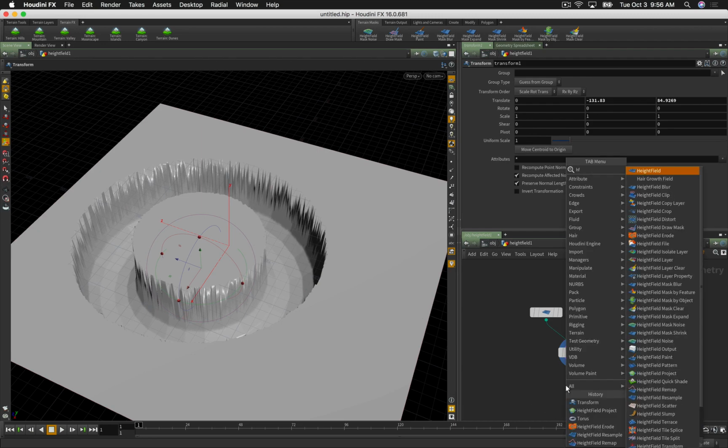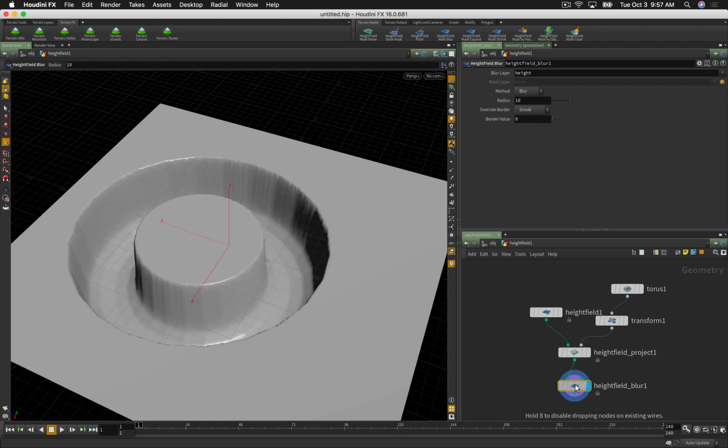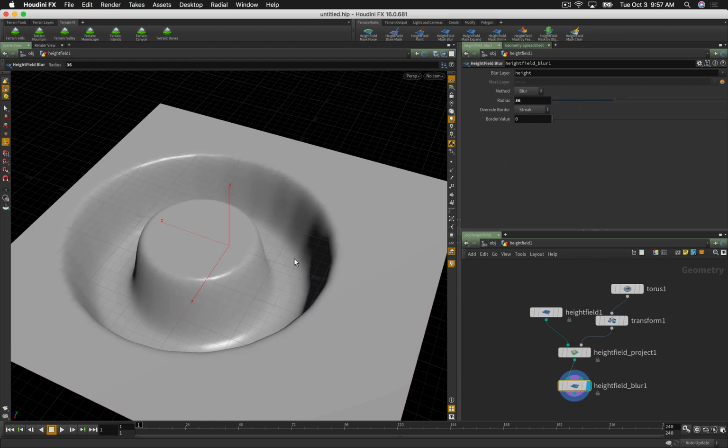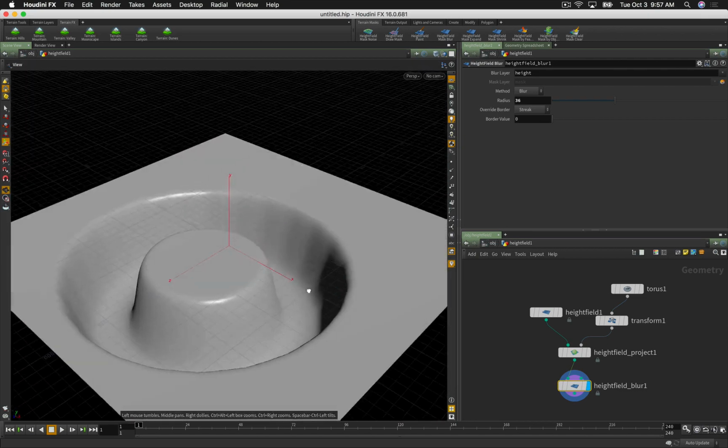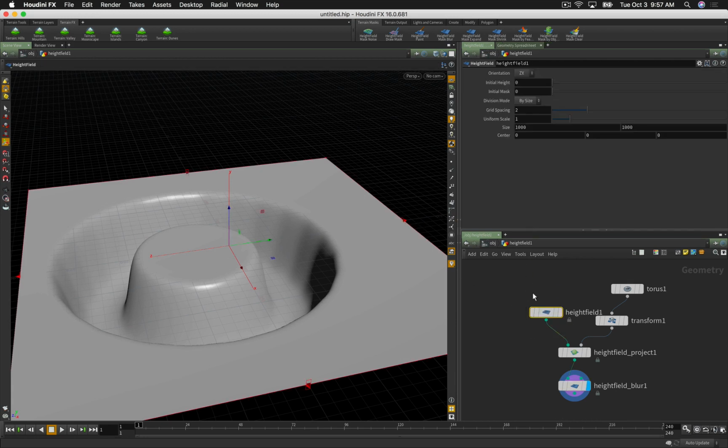So I could drop down to Heightfield blur. And I'll just blur it out a bit and make it nice and smooth again. Which brings up another concept here. When you look at a Heightfield, and I go to information,